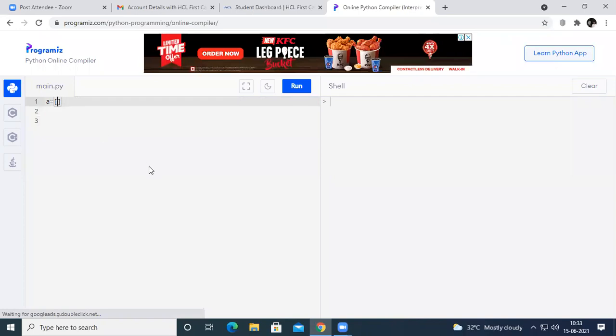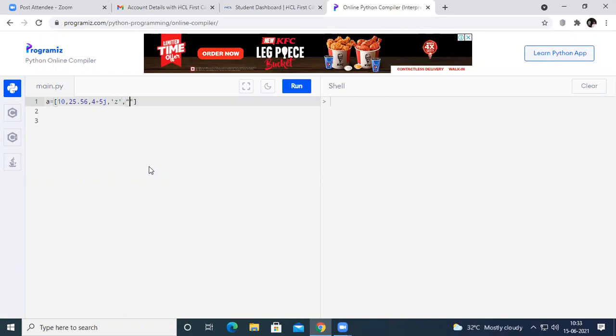So inside the list, I can have an integer value, I can have a floating point value, I can have something called a complex value, that is real part and imaginary part, and I can have a character.